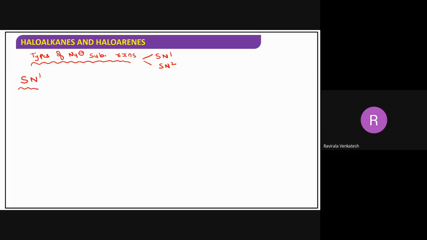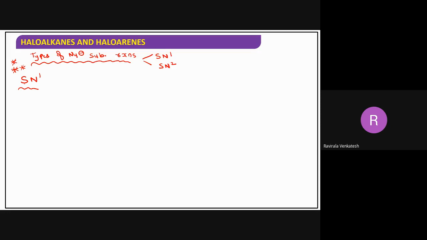These are very, very important concepts here. You may get short answer questions from SN1 or SN2. Even you may get multiple choice questions also. This is the scope here. We get a major number of marks from this chapter. So the majority of questions we are getting are from types of nucleophilic substitution reaction. Very simple, and scoring also.